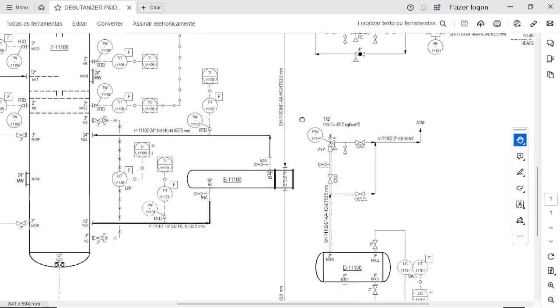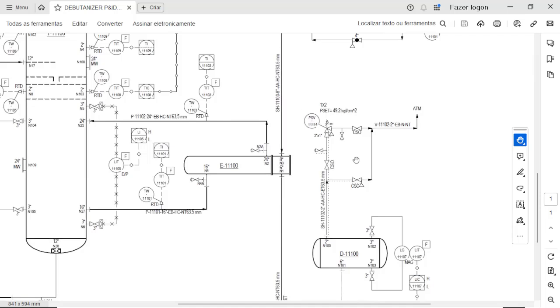We can also verify the instruments related to the safety of the system. In this case, we have a pressure safety valve that is shown in the pipe instrumentation diagram, and 99% of the time, I have seen the pressure relief devices indicating the opening set point.